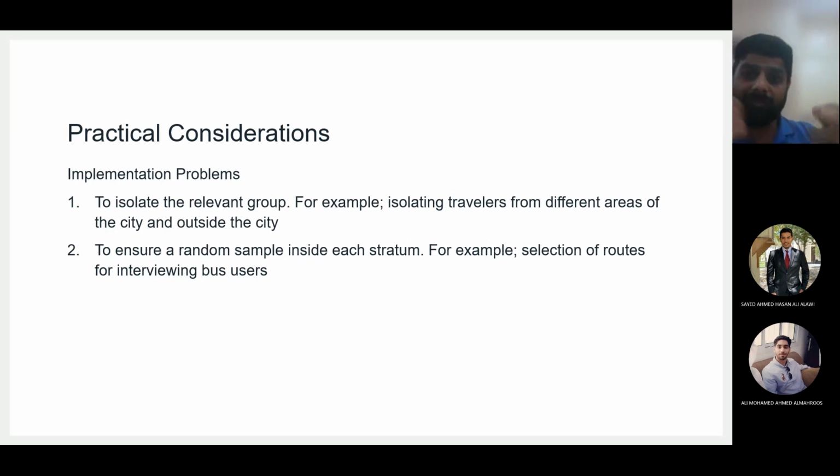But practically, if any one of you has ever participated in a survey, or you have done a survey physically, like a full-fledged survey where you were required to do something, not for the purpose of class, because in the class I'm making relaxations for you. But in a full-fledged survey where there were no relaxations, if you are just going to travelers or users or respondents on the basis of your convenience, then it's not random. Then it will not be acceptable. So these are the two main problems which you have to keep in mind.